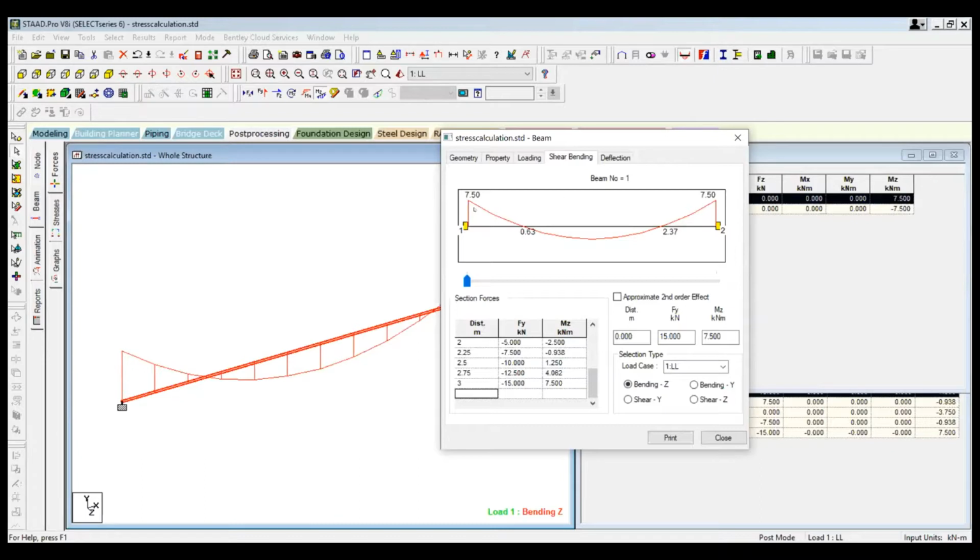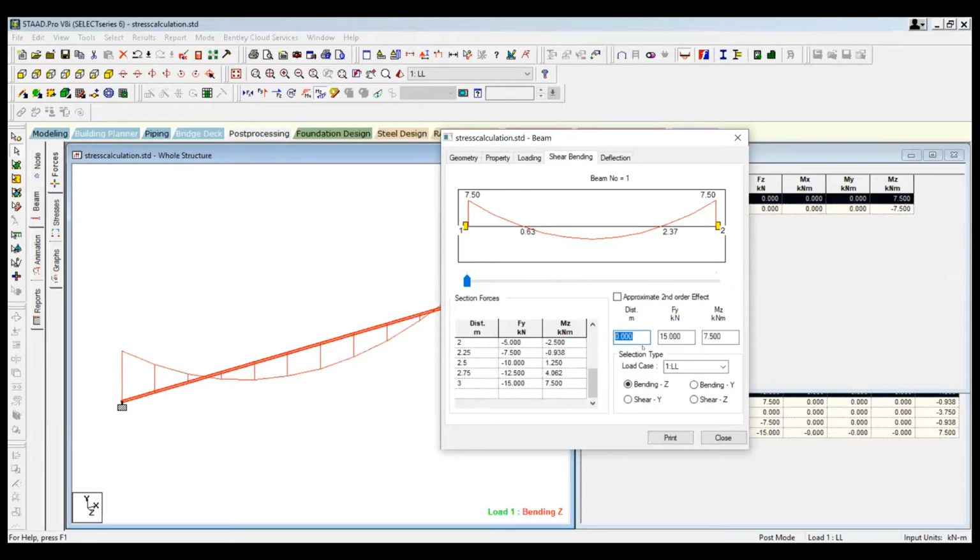So you can see that 7.5 is at the end. 7.5 is at the end. But what about at the middle? What is the bending moment at the center? How do you find that? So there is an option over here, distance. Okay. So if you type the distance over here, then you can see the bending moment and the shear force at that distance.